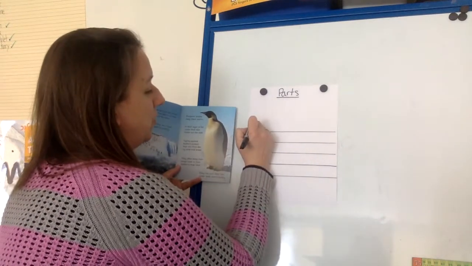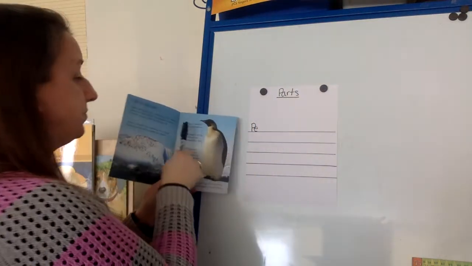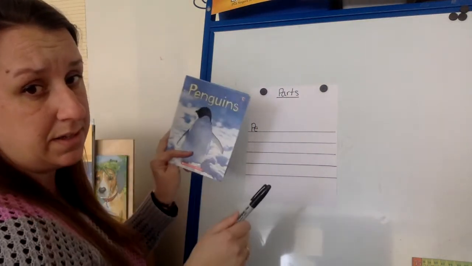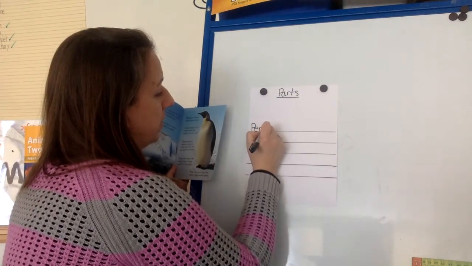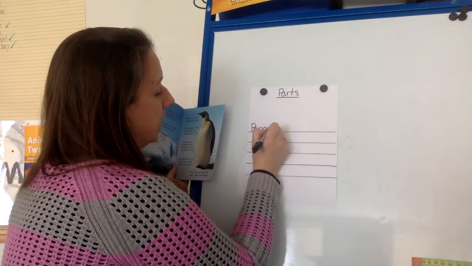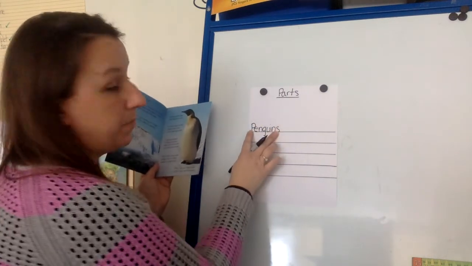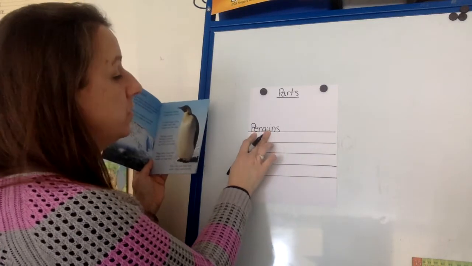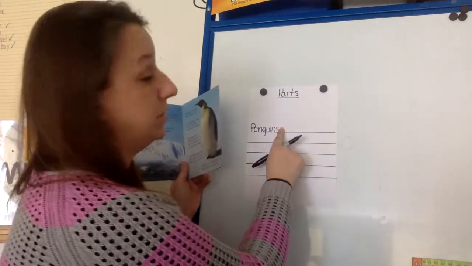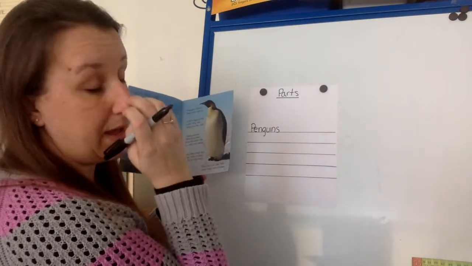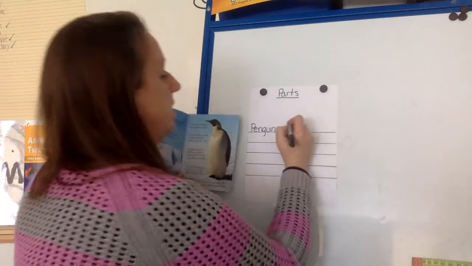So, penguins. And remember, I know how to spell penguins because it's in my text. It's the front cover, right? I'm starting all the way over at the left. I'm keeping my letters within the word penguins nice and close so that way when I'm done writing penguins, I can give that word some space before I write my next word. So penguins have,